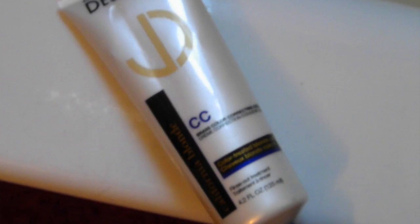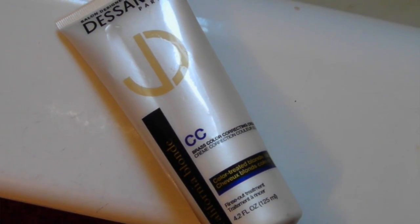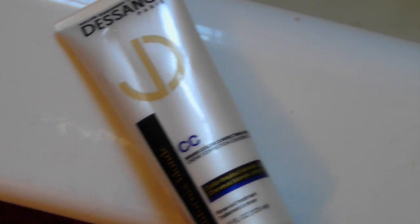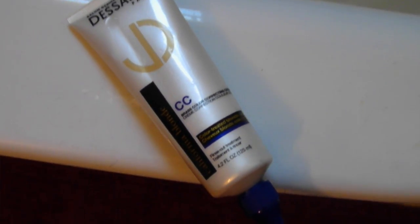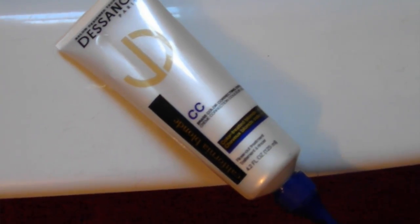Also, I used a color treatment because my hair was a little more brassy than I had expected after the whole thing, and I think it's better now, but I'm not willing to go back in and have them tone it some more and make it a little bit whiter because I'm just not thinking that it looks very good on me. So the next time I go in, I'm going to have them dye it to about this color